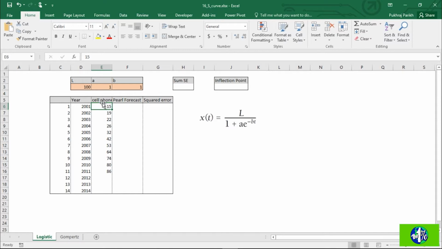Now if I model this to be of logistic curve, I'll use this value of year. This is the first year. In this T, I'll use the value of L, A and B. These are the initializing values, and I'll calculate the corresponding forecast for the first year. So I'll write the formula here: is equal to L by 1 plus